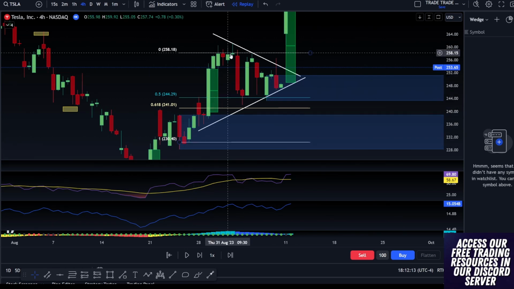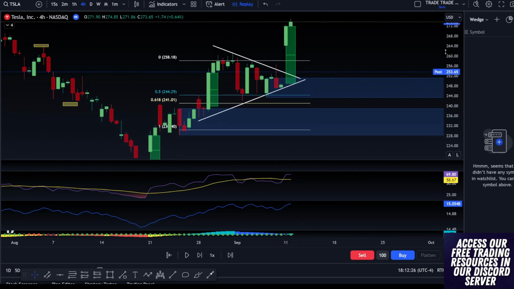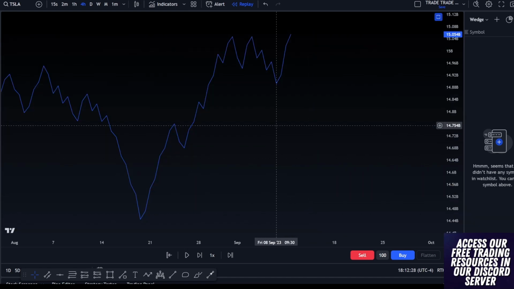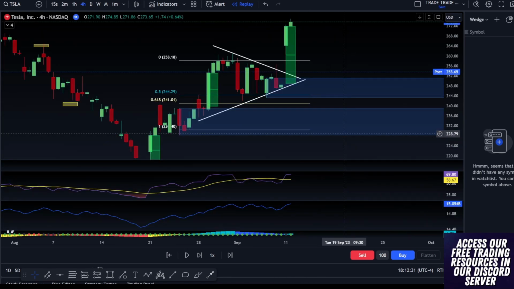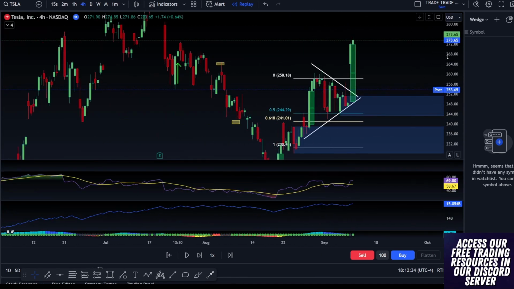Price came up, pulled back, filled the fair value gap, bounced off of our point of control at 244 to 241, consolidated, a big order block comes through between 243 and 252, and then what's happening with this on balance volume? It's ripping to the sky. Now, this was late, but let me ask you this.